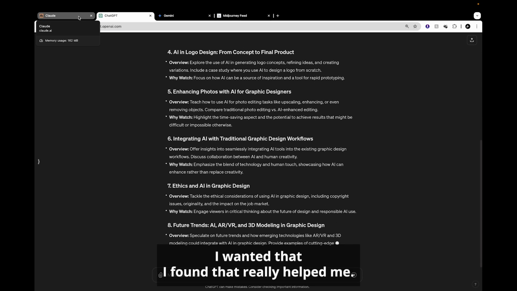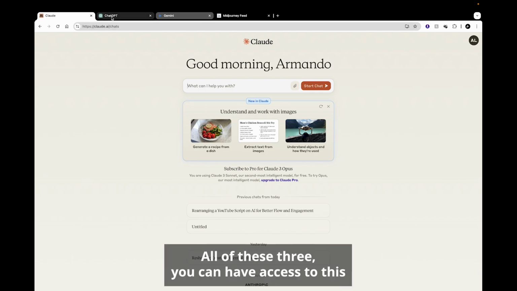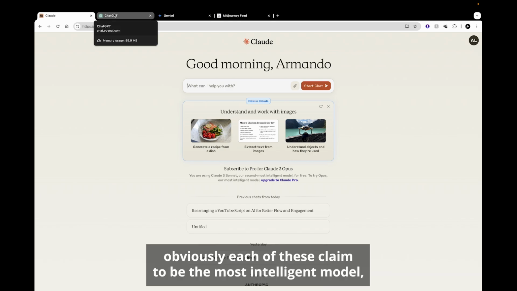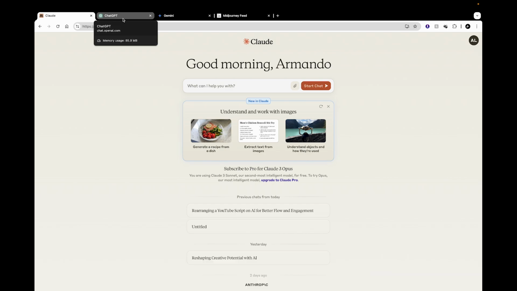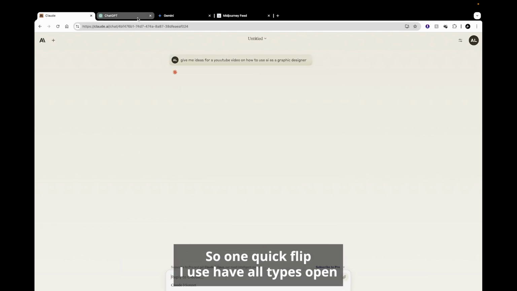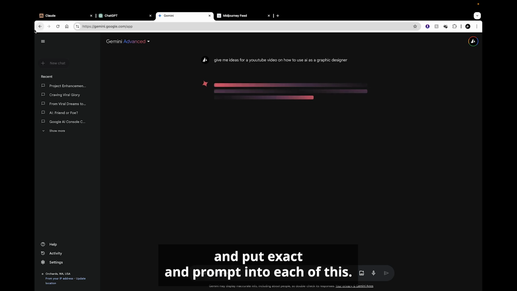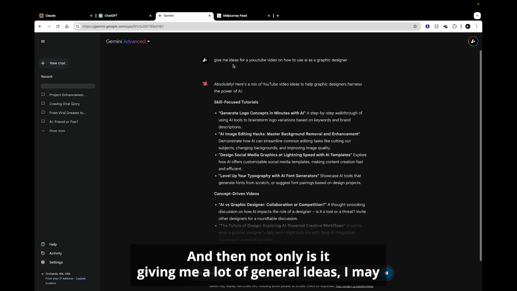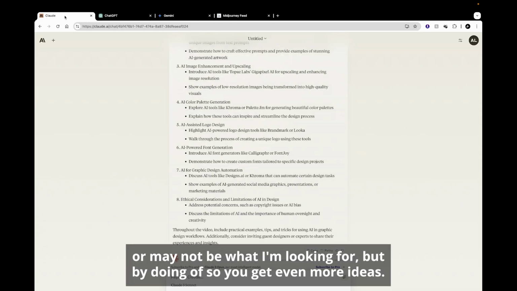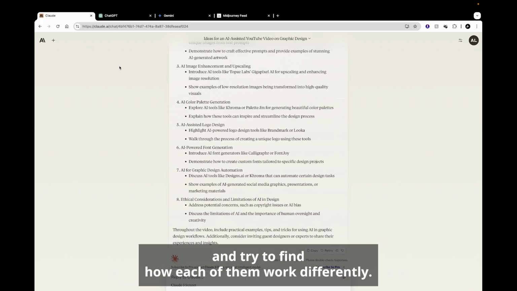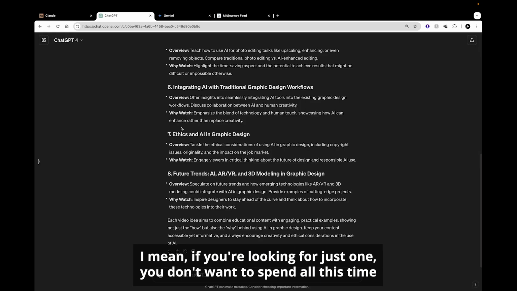One tip that I found really helped me: all of these 3 you can have access to. From all the reading that I did, each of these claims to be the most intelligent AI model, but these are the top 3, at least as of right now, for what I have gathered. So one quick tip, I just have all tabs open and put the exact same prompt into each of these. How this helps me: not only is it already giving me a lot of general ideas that may or may not be what I'm looking for, but by doing it in all 3, you get even more ideas. But definitely I recommend experimenting with each of these and trying to find how each of them works differently. If you're looking for just one, you don't want to spend all this time,